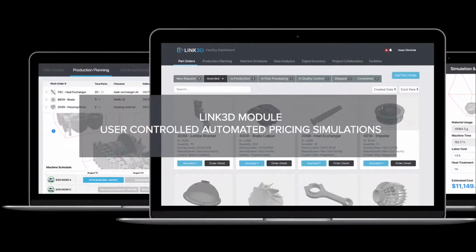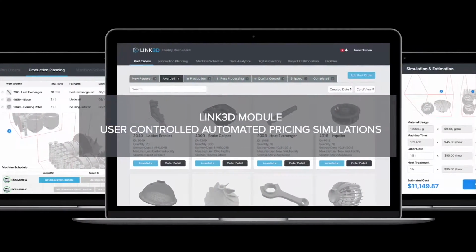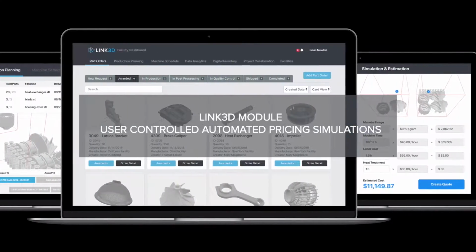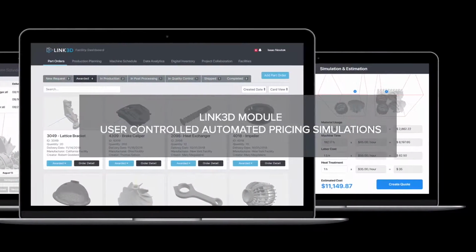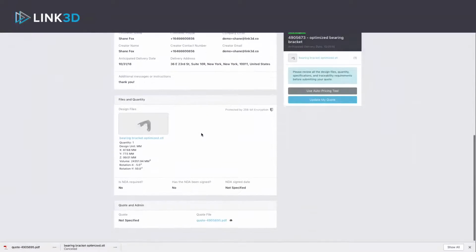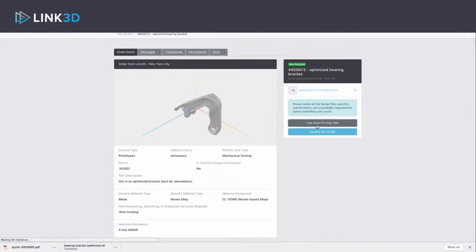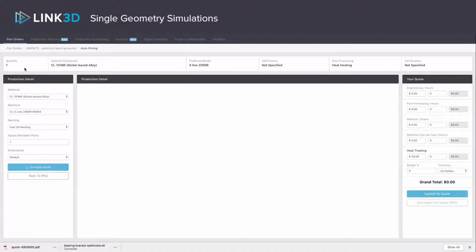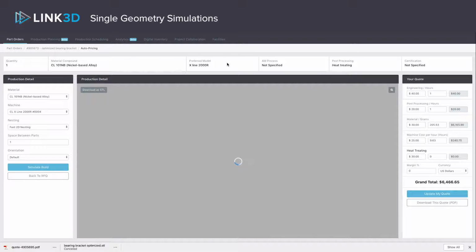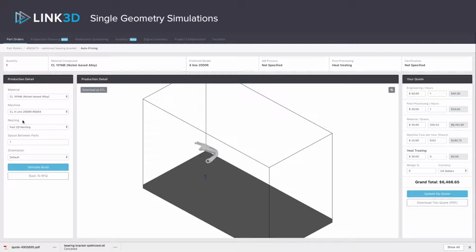Link3D offers advanced build simulation modules for estimating machine build time, material usage, and waste for part costing when preparing quotations or internal costing analysis. This includes costing that simulates for single and multiple geometries with manual or optimized packing. When an order has been submitted, facility users have the ability to simulate each order based on the following selections: